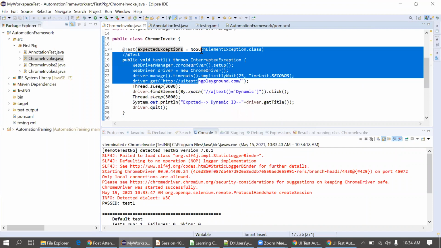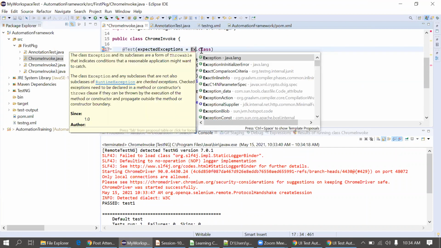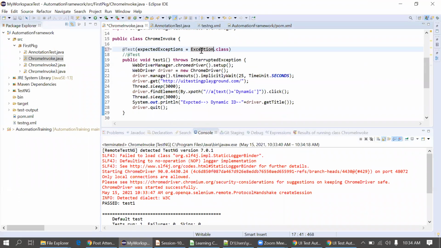So we can put any exception here. If you want to put the exception class, which is the top one, you can use java.lang.Exception as well. This should also work here. But again, it is not recommended to use the parent class here. You can just give the specific exception, or handle the exception by using try catch and finally block, or throw and throws.